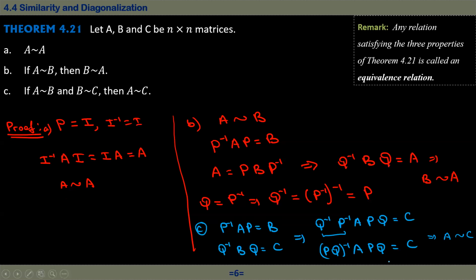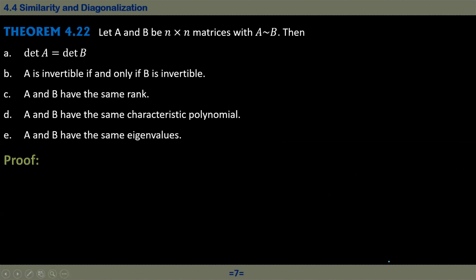All right. So any relation satisfying these three properties of Theorem 4.21 is called an equivalence relation. Because that's the definition, all of these things are true. All right. So now we will see another important theorem about similar